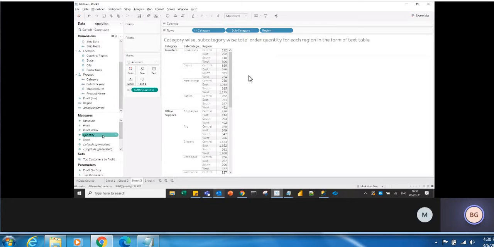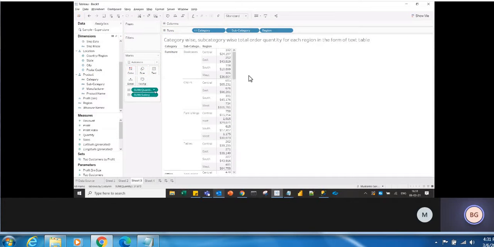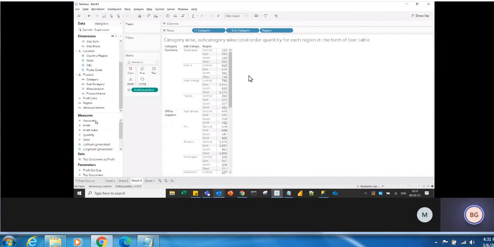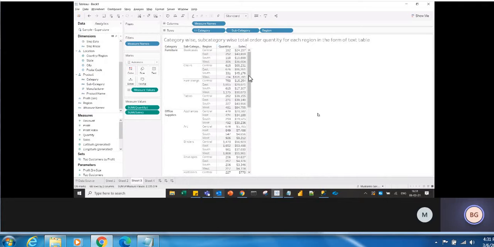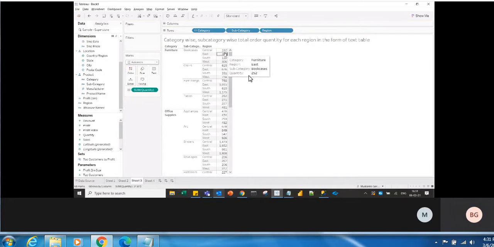And if you drag two measures, by default you will get the headers. Here it is only one, right? So people will know that this is quantity. So let's drag the sales also into text. Just drag the sales into this ABC. See, you have quantity, you have sales. So whenever we have a single measure, it will not show the measure header because people can know that by default this is the measure we have used. When you have multiple measures, then it will show the headings.